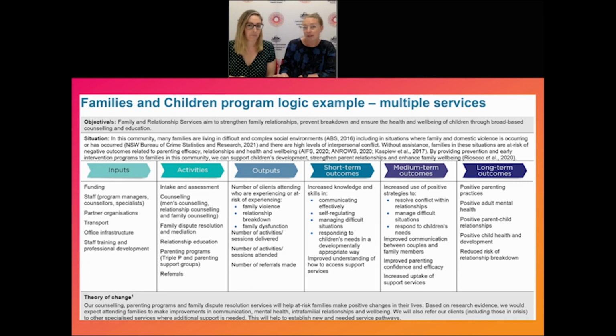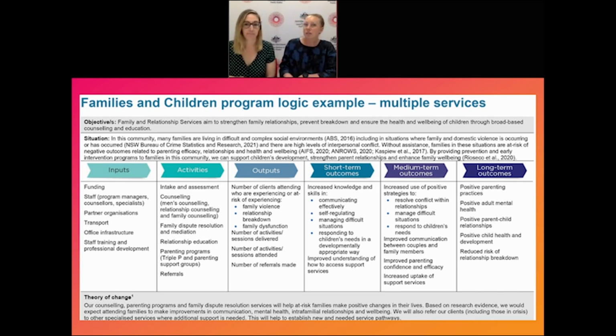So if we look at our example, you'll see themes across the program logic model about health and wellbeing, relationships and family functioning. So these themes are reflected in the objective, the needs statement and in our outcomes. There can also be a bit of a tendency to go really big and aspirational with long-term outcomes. There's definitely scope to do this, but I would be looking to see if those outcomes align with the other parts of your logic model. In our FaC program, having outcomes around crime prevention or drug and alcohol reduction, as we said, just wouldn't be appropriate. They're beyond the scope of our program.